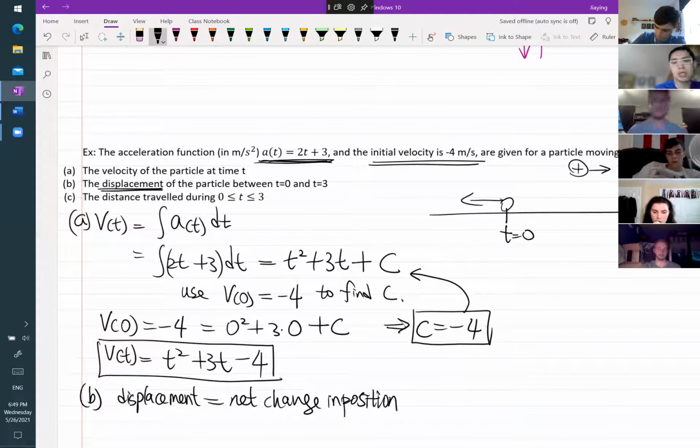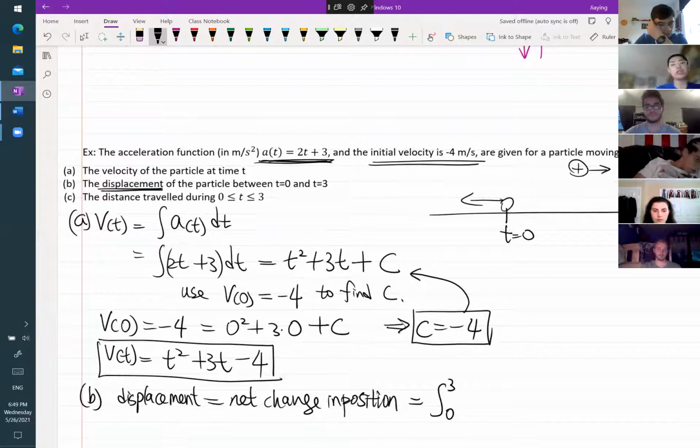And then using the net change theorem, that's equal to the definite integral from t equals 0 to t equals 3 of the rate of change. The rate of change of position is